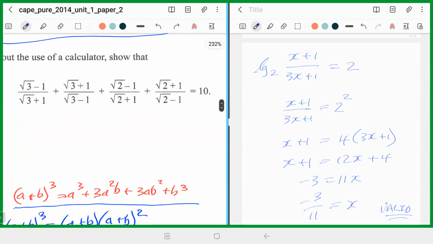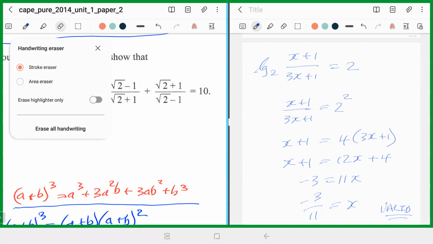So to do this question, what I would do, realize that this and this are reciprocals of each other, and this and this are reciprocals of each other as well. So let me say a word approach now. I would rationalize this, and rationalize that, and rationalize that. Rationalize all of them and then add them. So if I rationalize this, this is the reciprocal of it, right? And then if I rationalize this one,